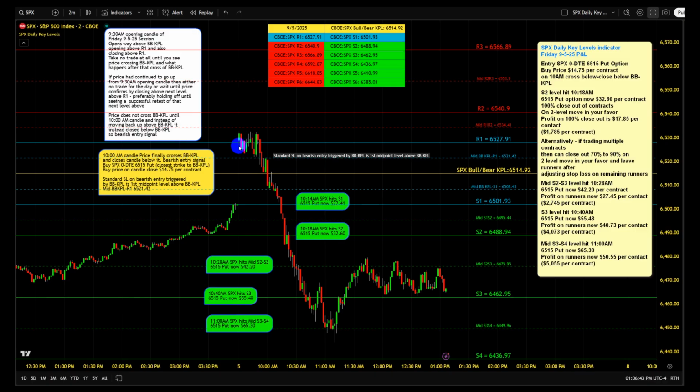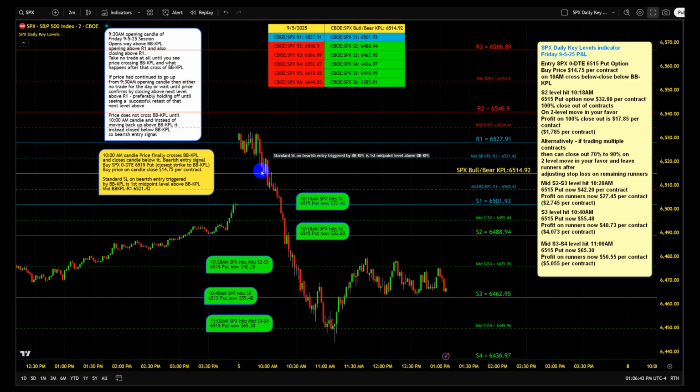So as you can see here, we do not have a cross above and close above, or a cross below and close below, because the price has gapped up way above today's bull bear key price level. So in instances where something like this happens, then you're still waiting to see